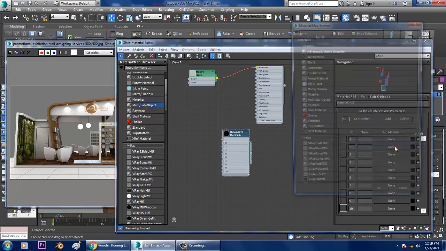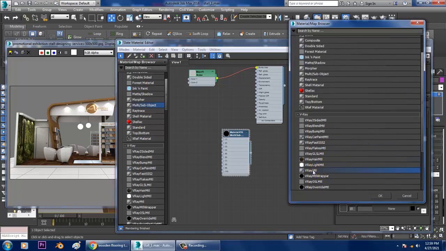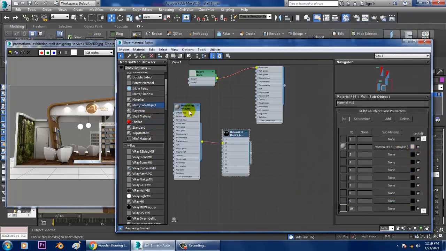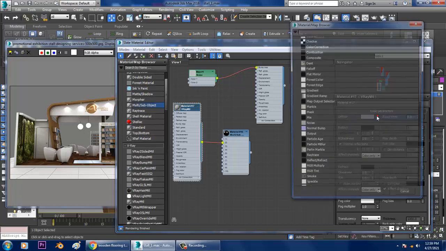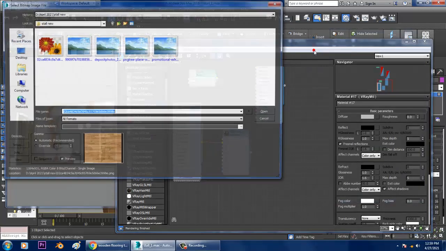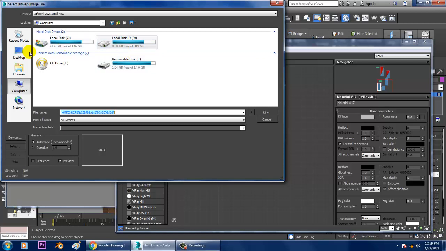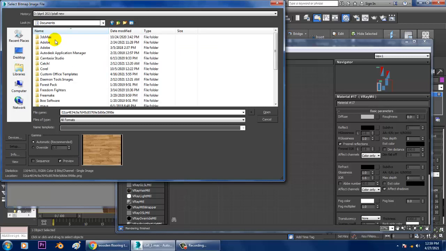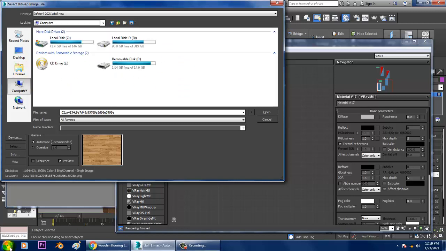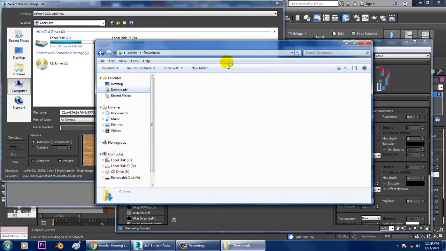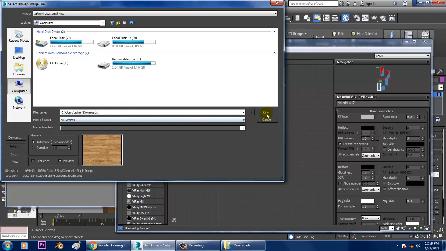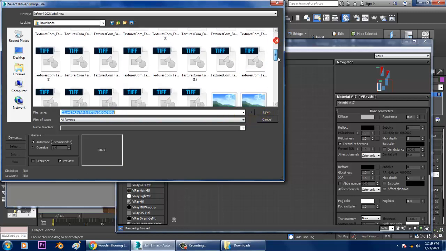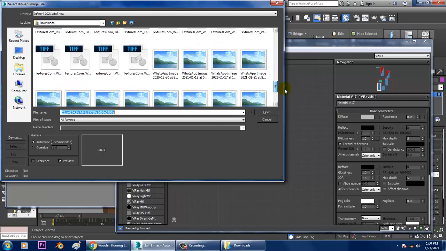I'll go into 2 and add a V-Ray material, and let's add, I'll go into the downloads folder, I'll just open this folder over here.